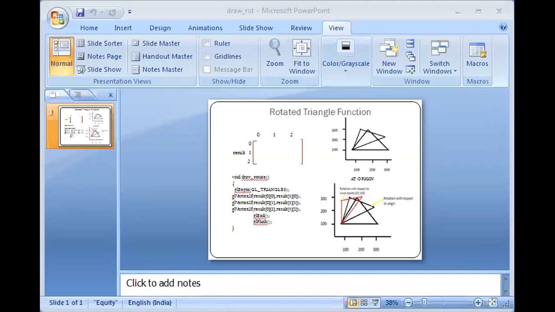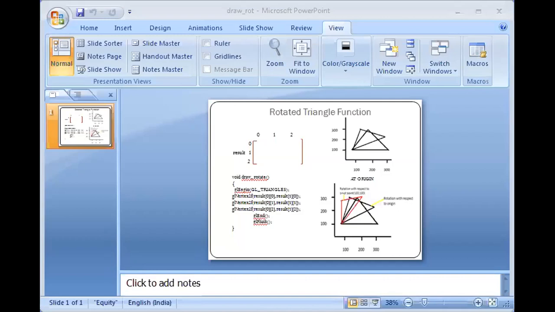What is the primitive to draw the triangle? Our program here is about this particular question, which they will ask in theory and also for lab. If they ask in theory, it will be for 10 to 12 marks: to draw a triangle, to rotate it from the origin, and to rotate it from a particular pivot point. So drawing a triangle, what is the primitive that we use to draw it? The primitive is this.